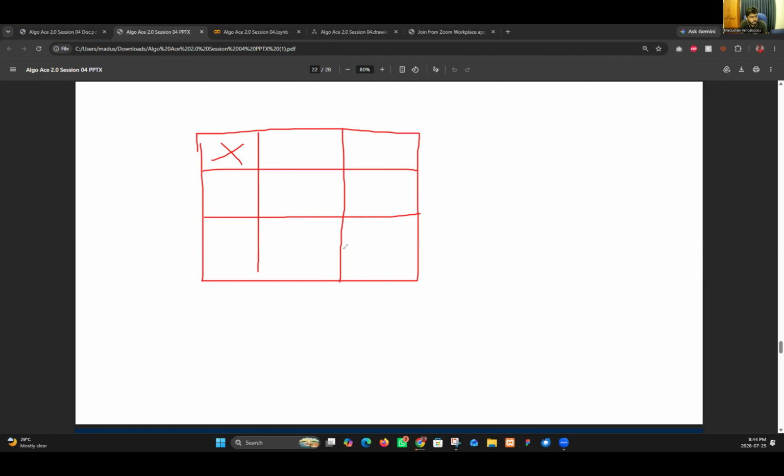You need to discuss with your groups once the breakout is going. You need to discuss and come out and type how you're going to make an AI. So this is not AI, this is logic. We can call these small things AI, but this is logic. What is the logic behind that? If you need to build a solution to win this match, what is your solution? How are you going to win that?